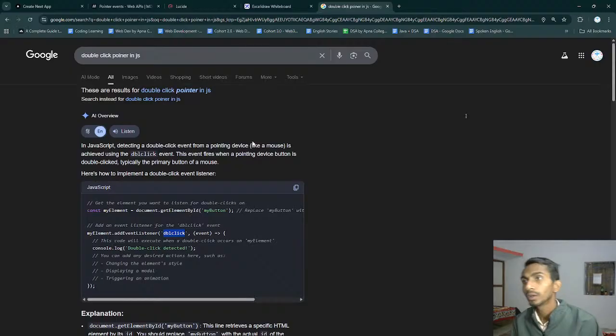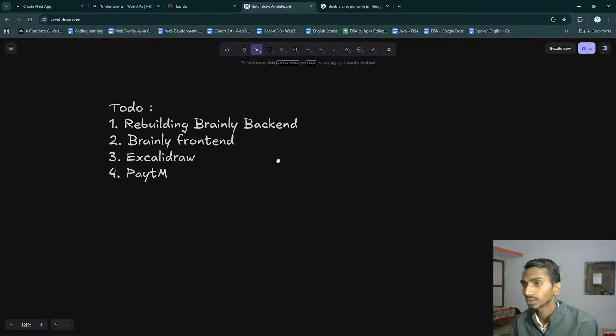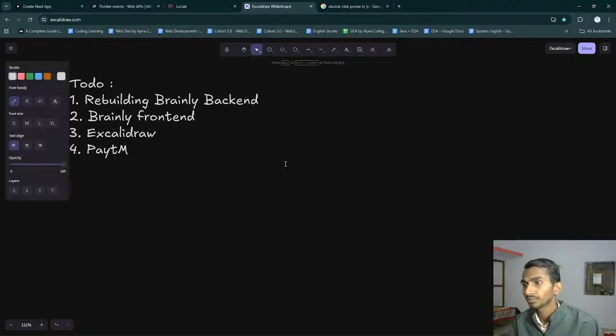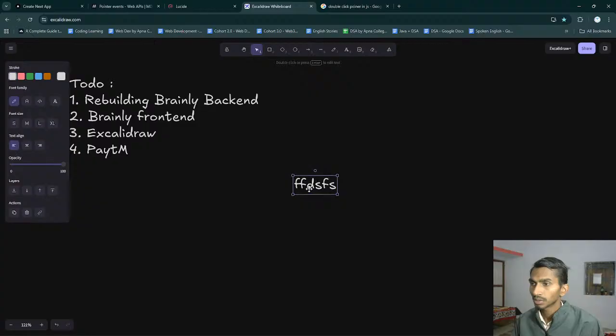Whenever you double click on the screen, suppose this is my backend screen, and I'm double clicking here, then this is where something appears, and then I can start writing the text. Here I have written the text, and then the text stays here. As soon as you double click, you should be